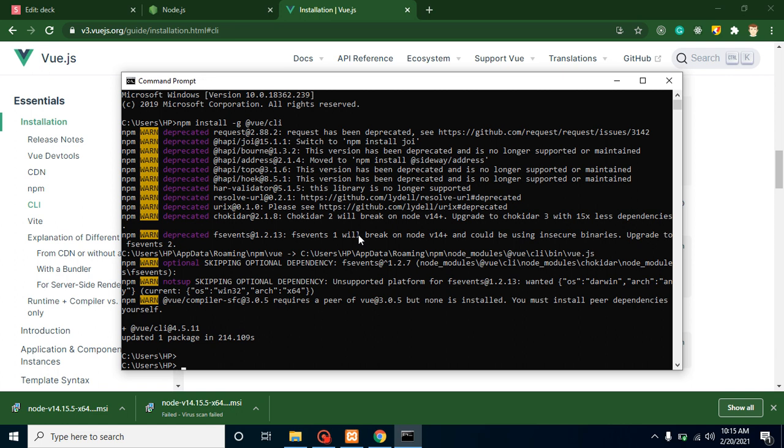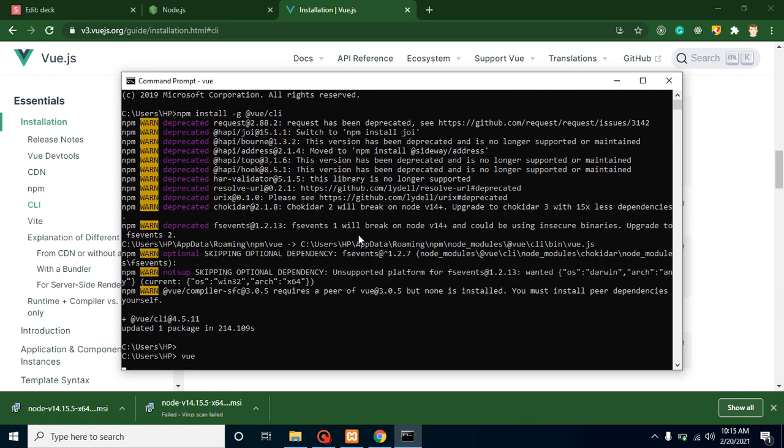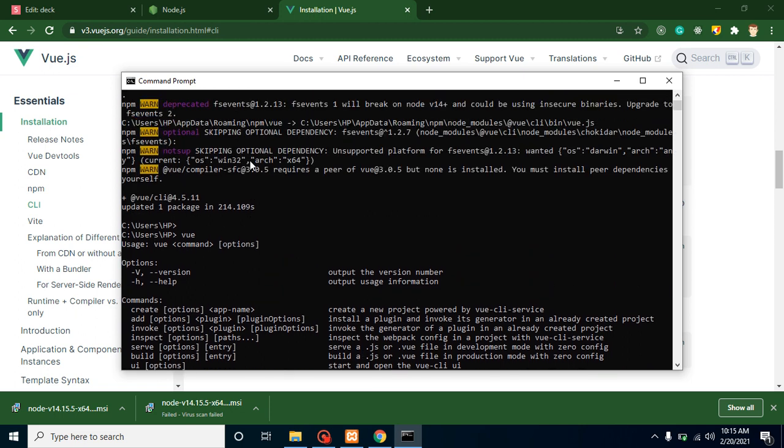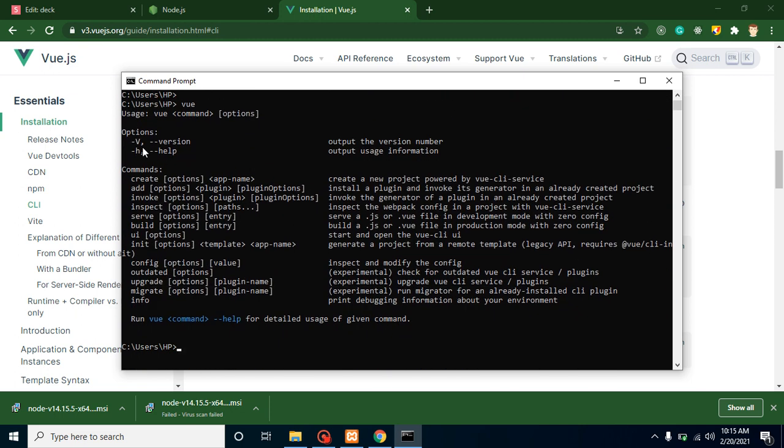So how can we check that? For that you can simply put the vue command, and if there is an error like command not found, that means there is something wrong. But if it provides output like this, where you can see we got the commands, versions and all, that means everything is installed perfectly. So here we can check the Vue version also.